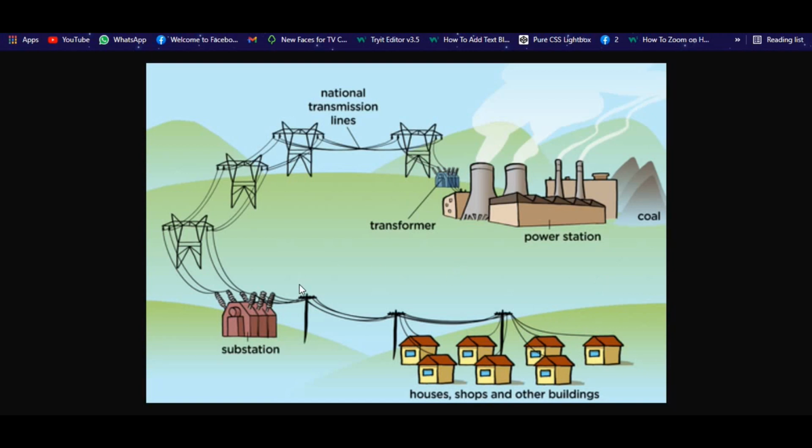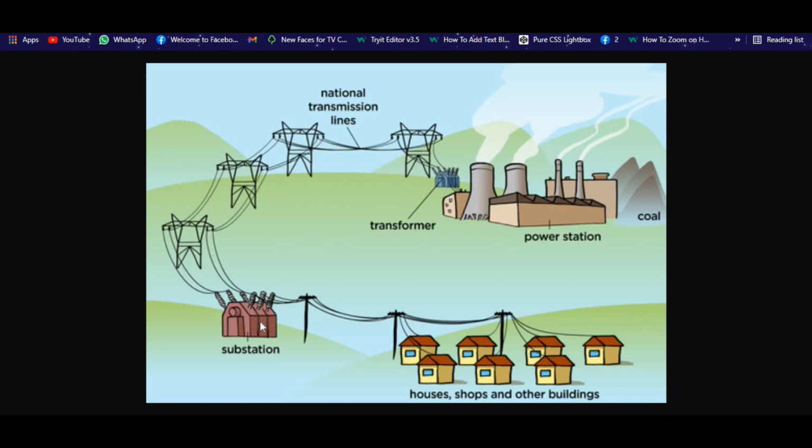Now all of these parts form part of the national electricity grid. A change in one part of the grid affects other parts of the grid because they're all connected together. So again, in the diagram, we have coal as the source that goes into our power stations, where of course electricity is generated. This would be the generator component here. Then we have a transformer, which is also known as a step-up transformer. And then we have the power lines, or the national transmission lines, all going